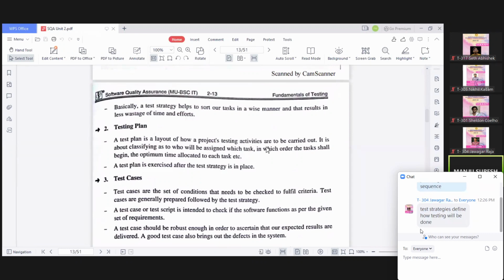Okay, but in test plan what we do, we are defining the scope, right? We are defining the objective of testing. Then we also plan out the project activities that are to be carried out. किसको कौन सा task देना है? कौन से order पे ये निकलना है, कब schedule करना है, who will be heading this. So all these are coming under the test plan. So test strategy and test plan can be compared this way.